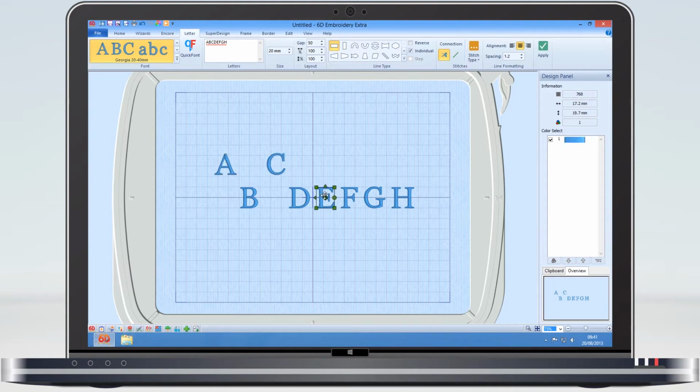If I now select the E, the selection is removed from the A and the C. If I now once again press and hold down the Control key and then click on the G, I make a new group which I can again reposition. So the Control key, when making the selections in 60 Embroidery, lets you add to the selection, but it also